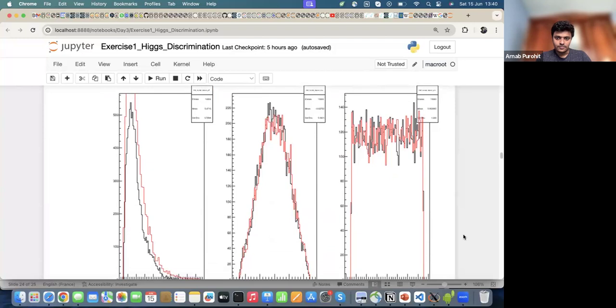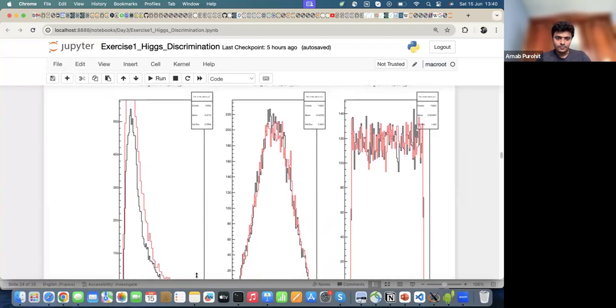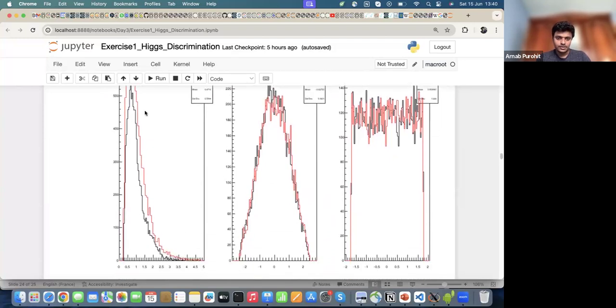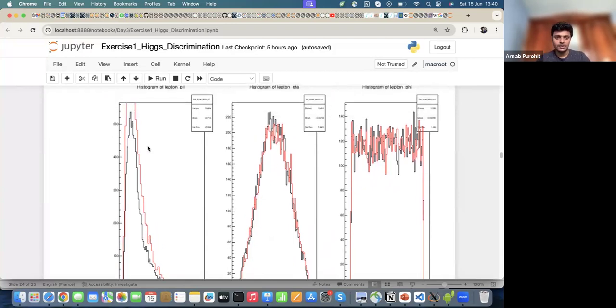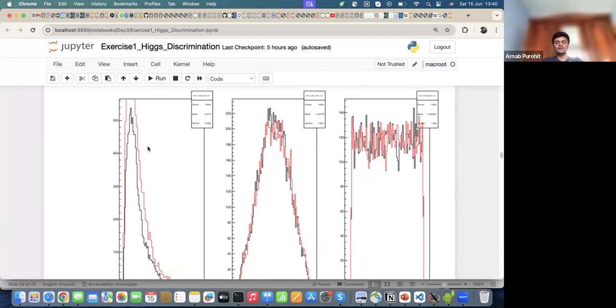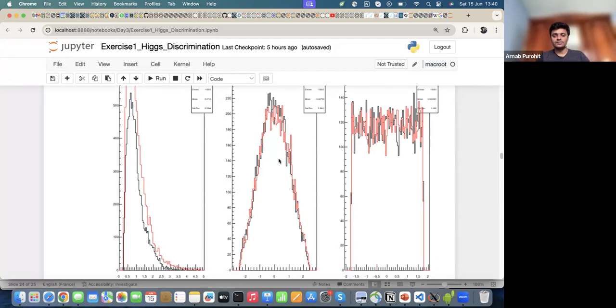For example, look at this plot. This is not very good discrimination between the red and the black. Red is the class of Higgs-like events and black is the class of non-Higgs-like events. And obviously, as you can see, these variables or features are not very good in separating the two